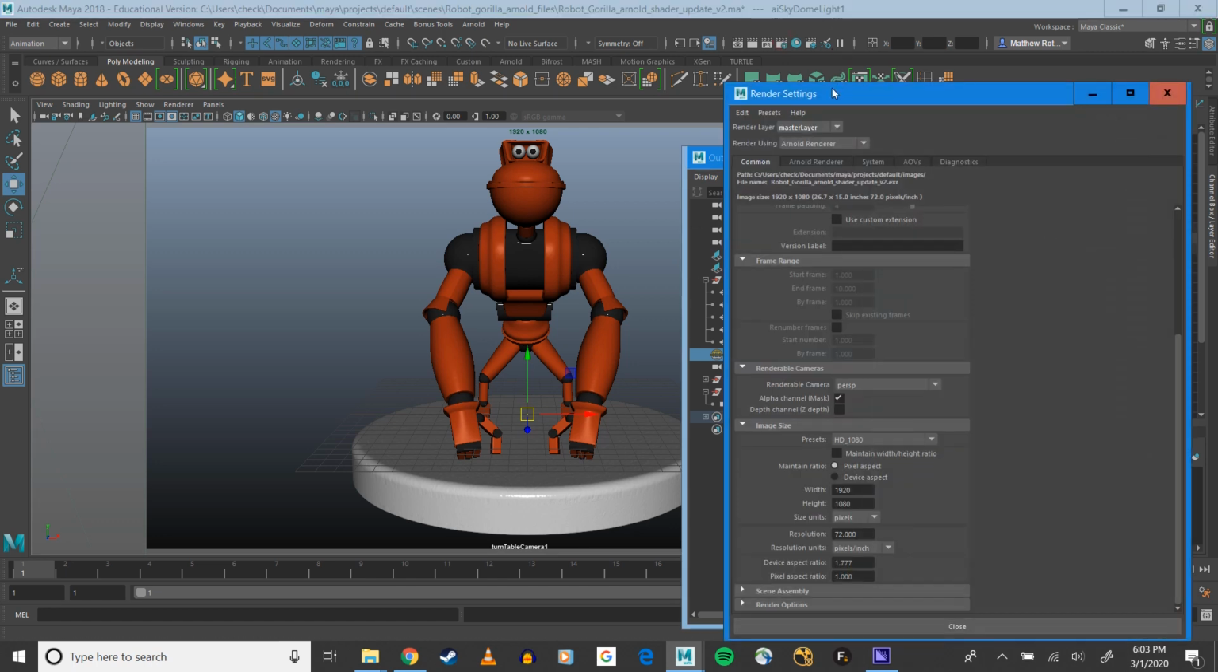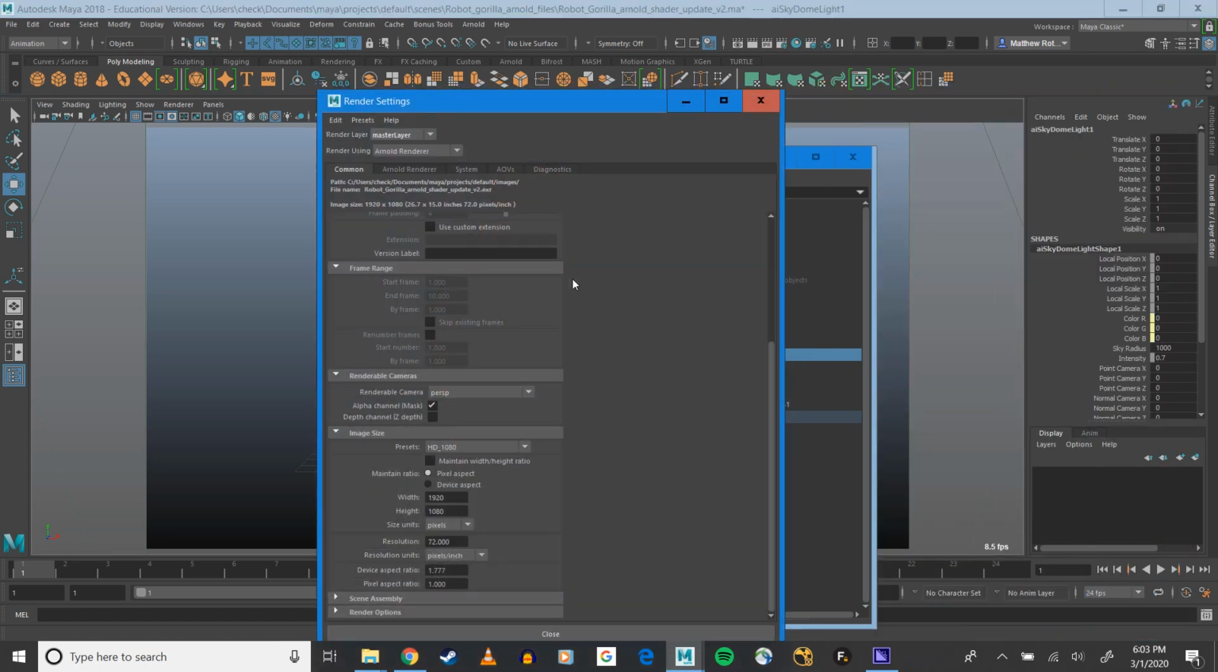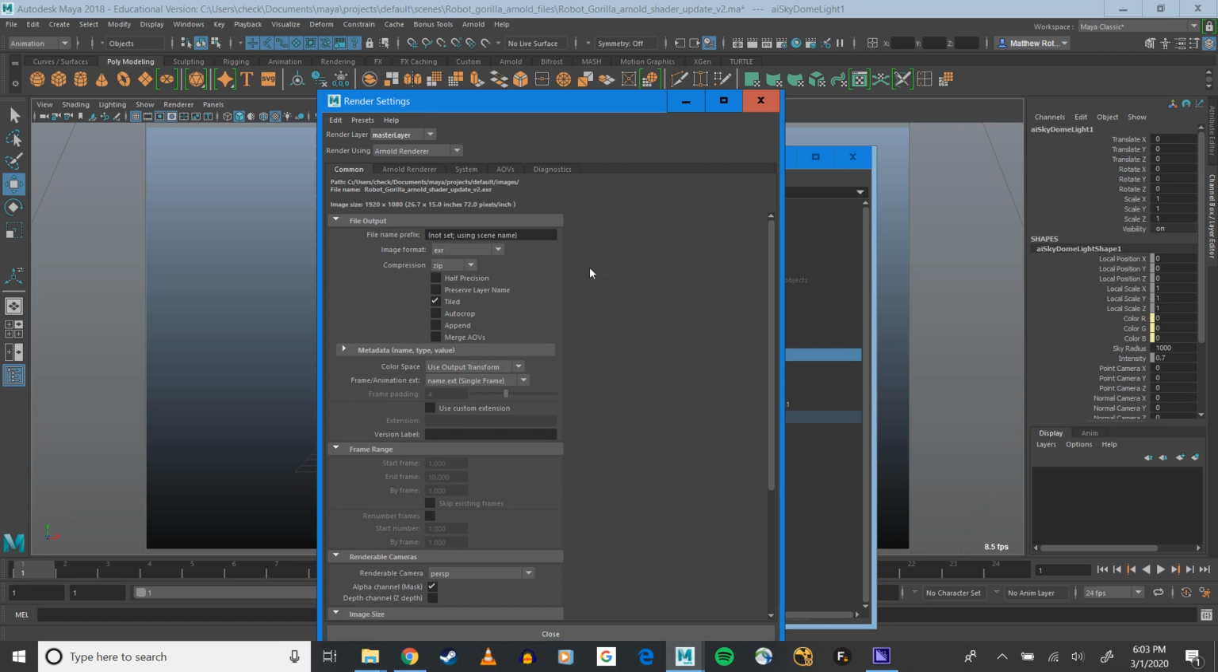So, got our render settings, and taking it from the top, let's give it a file name. So, call it robot gorilla, and then I'll do TT for turntable. And I want my image format to be EXRs,